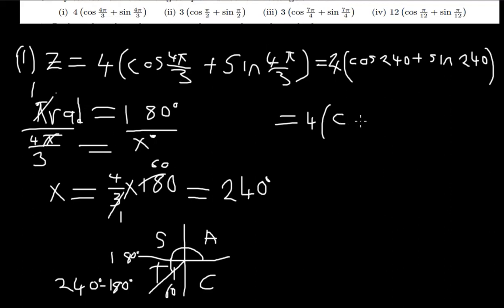Cos, but of course, since we're dealing with cos there, and cos in the third quadrant is negative, it's not positive. Cos is only positive in the first and in the fourth quadrant. So now, since cos is negative in the third quadrant, I'm going to put a negative there. So I'm going to say negative cos 60,